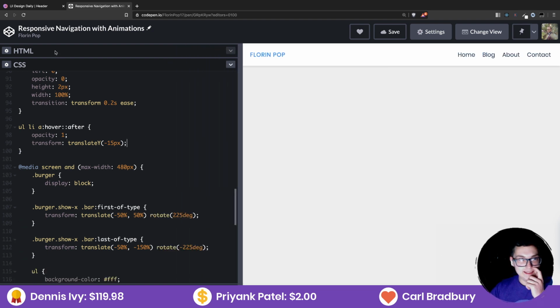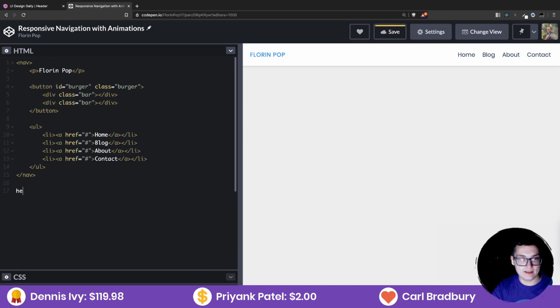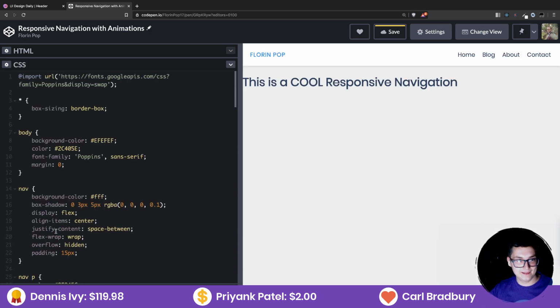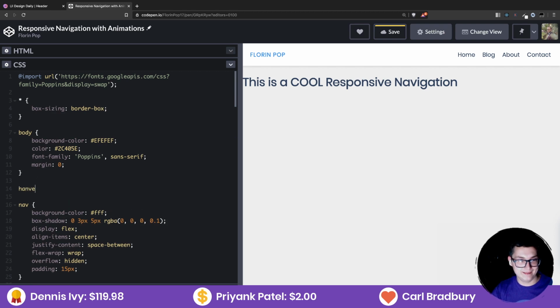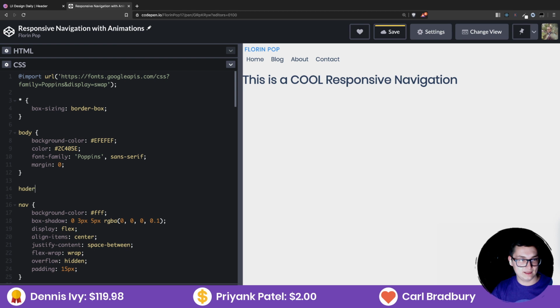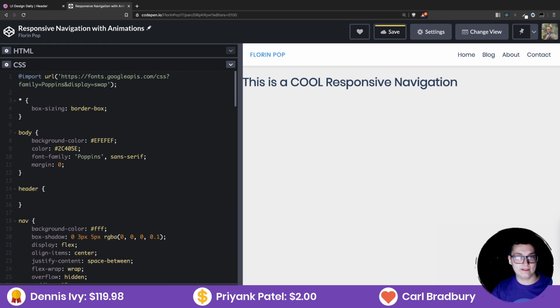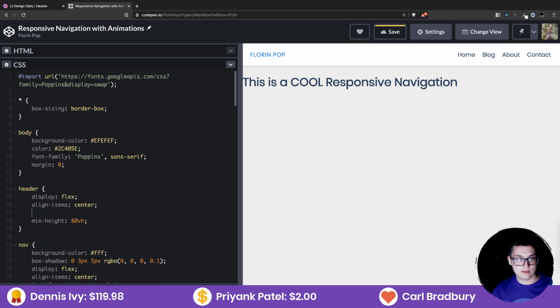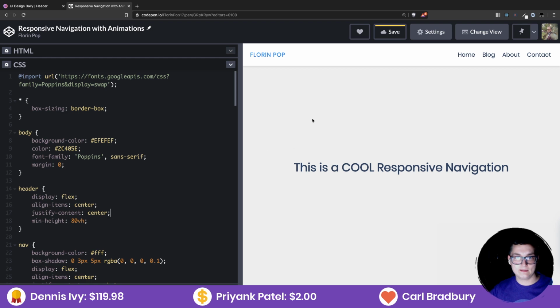Yeah. Let's add, I guess we can add here a header, which can have an H1. This is a cool responsive navigation, something like that. And the header. This is just fancy now. Don't do that. The header. The header can be min height 80 viewport heights, can be display flex, align items center, justify content center, and